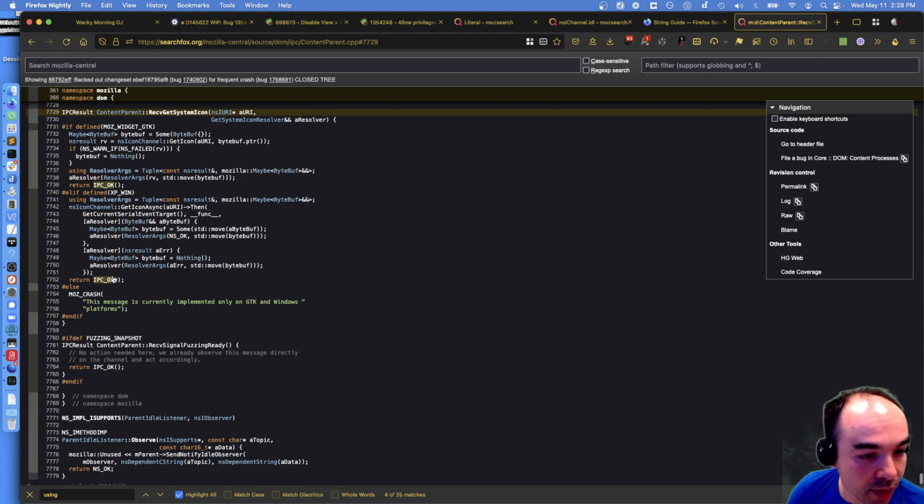Resolver byte buff nothing. Get a error. Resolver args. Resolver args is a tuple. Move byte buff return value.